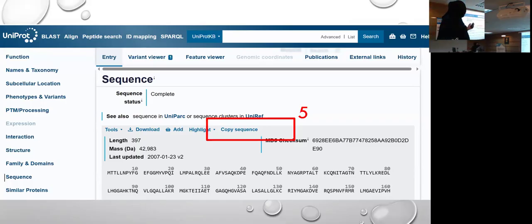Once you click, you will see it change from copy sequence to copied. Okay, so you have copied the sequence, right?